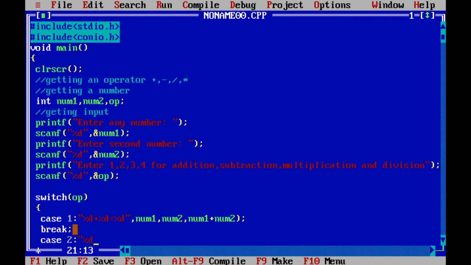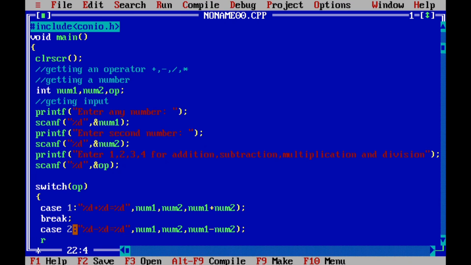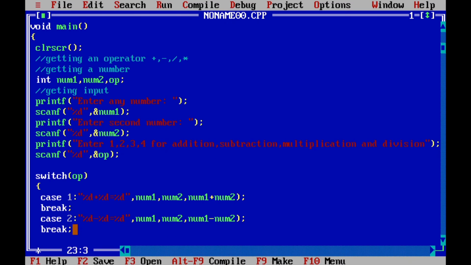So %d minus %d is equal to %d. So here what we do is nothing but we add number 1, number 2, and the subtraction of num1 minus num2, and that's it. So and break it. Then case 3,